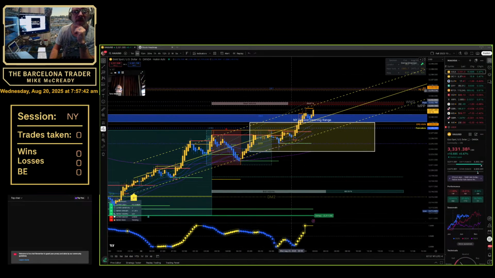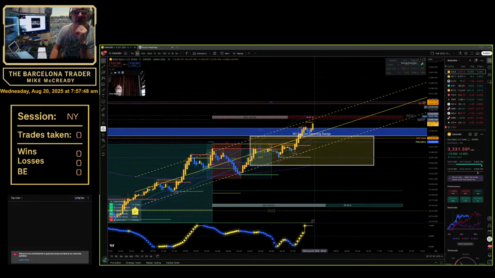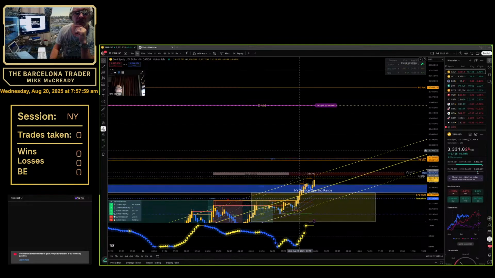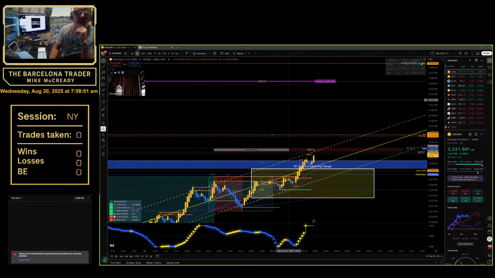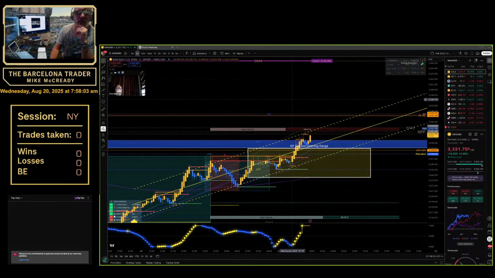And right above that, we have the DR1 combined with, oh, that value area low is from yesterday. I need to update that. That one's probably not there, but we have the Sunday open right there. So it'd be good to get right above the DR1 here at 33.35, 33.36. And then we've got a nice run up to the DM4. So let's see if we have enough strength to get up there. And in the meantime, I am going to update the